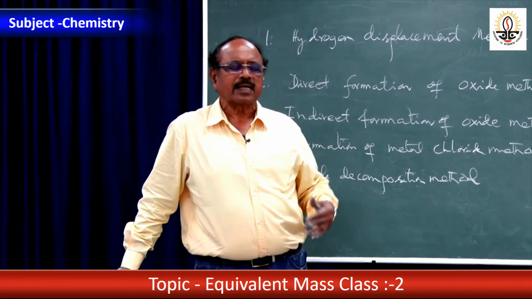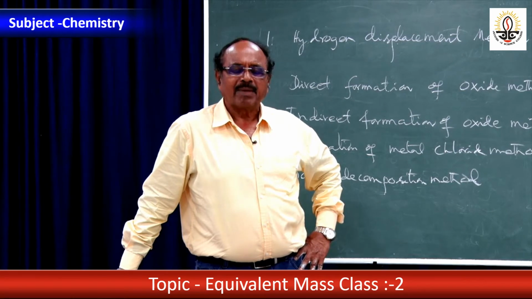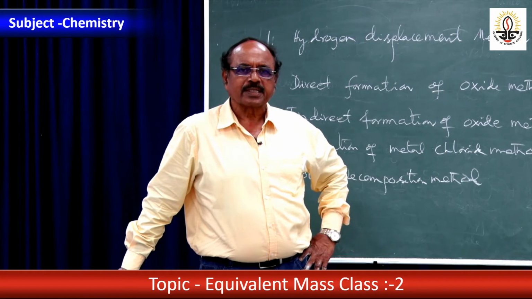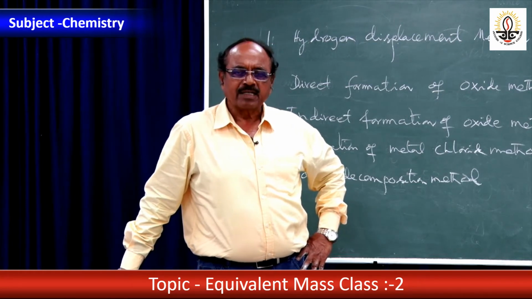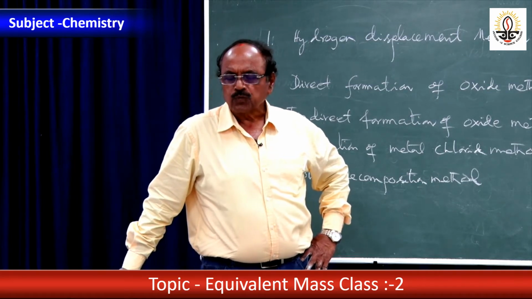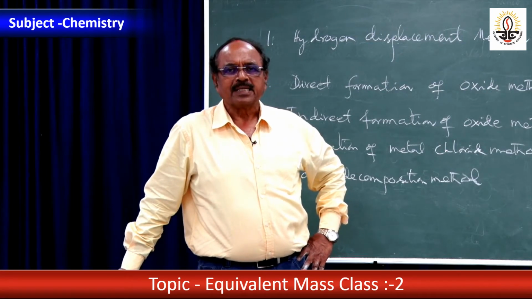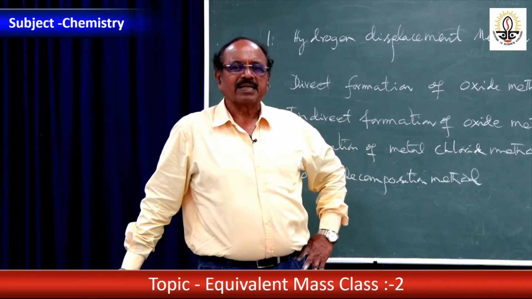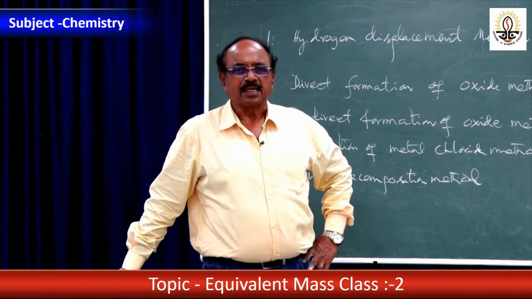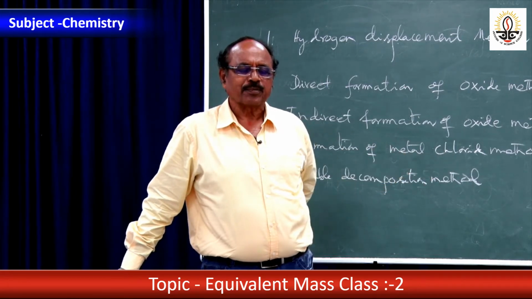For example, I am just giving an example, suppose a question says a divalent metal displaced 224 cc of hydrogen at NTP. The atomic mass of the metal will be 24, 12, 30, none of the above. This question comes from your equivalent mass then atomic mass.